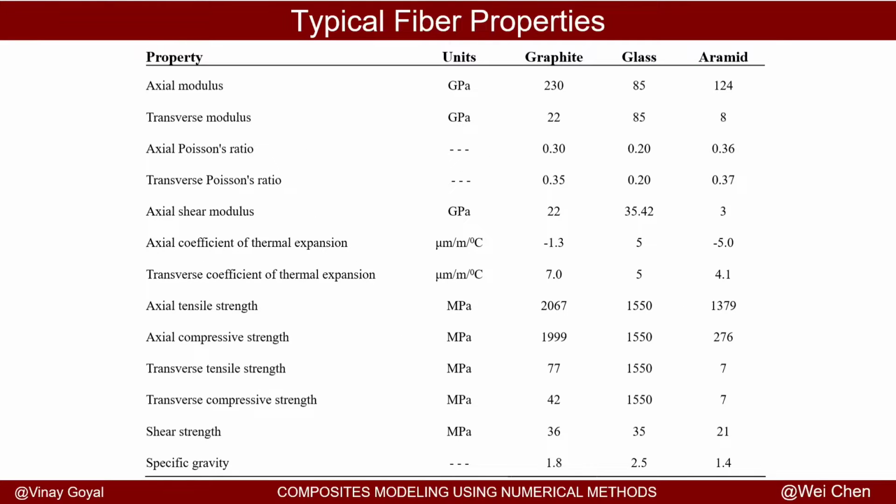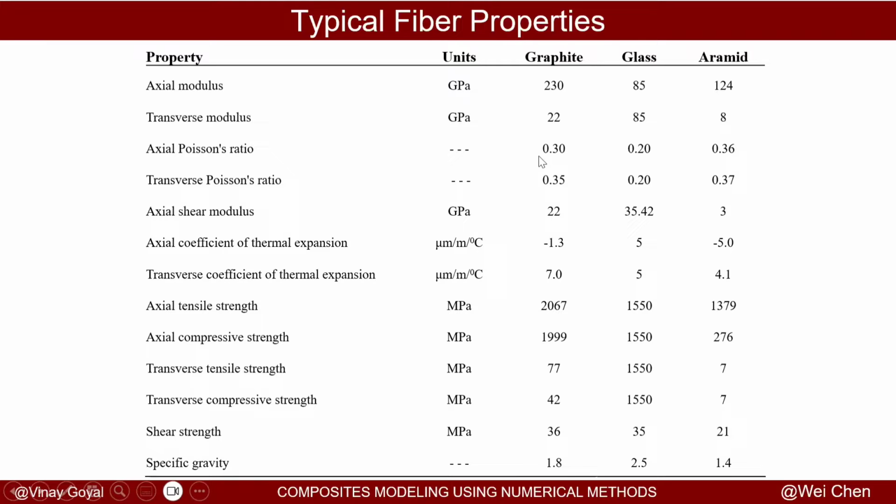Here are typical fiber properties that you may find for three different fiber systems: graphite, glass, and aramid. These properties can also be found through specs. For example, if I'm interested in an IM7 carbon fiber, I can find the IM7 spec on the vendor's or supplier's website. Typically, the properties will be provided as such. I'm looking at the fiber properties, and it will provide modulus information and the Poisson ratio. Typically, the Poisson ratio